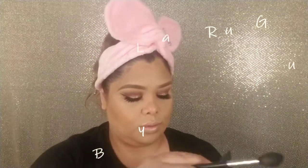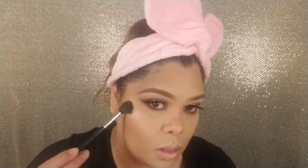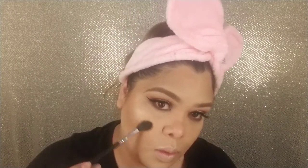Moving on to the highlighting part. I love this part. I don't know why, I feel like when you highlight your face, it just pops out and puts everything together. So we're using the Huda Beauty highlighter palette. I like this palette. I started using it not that long ago. I just got it once I went out to the IMATS convention over there in LA